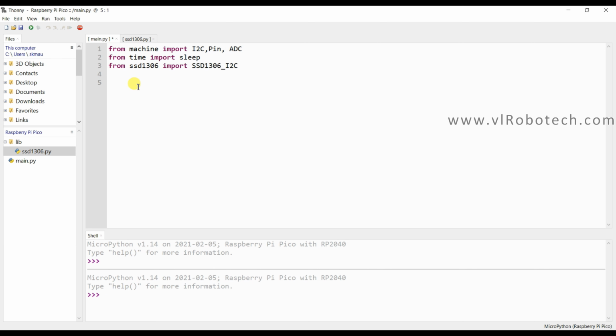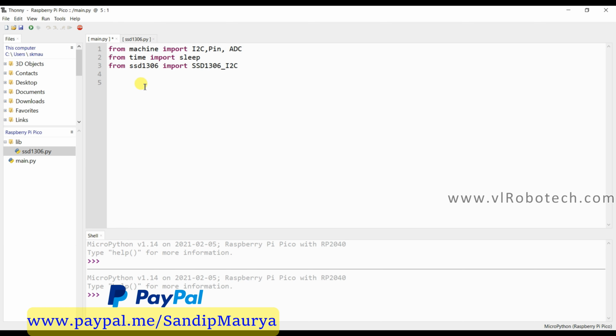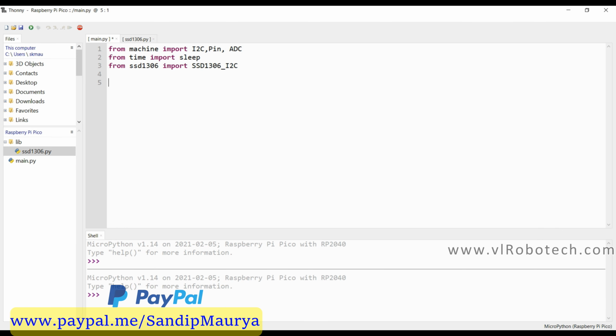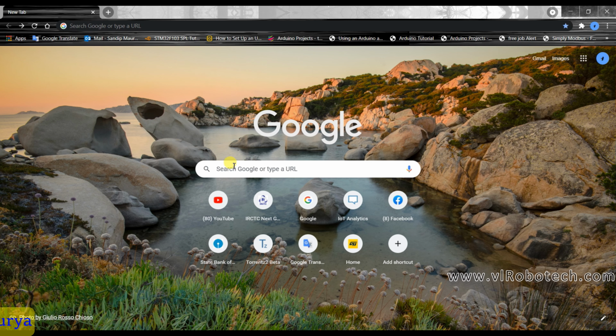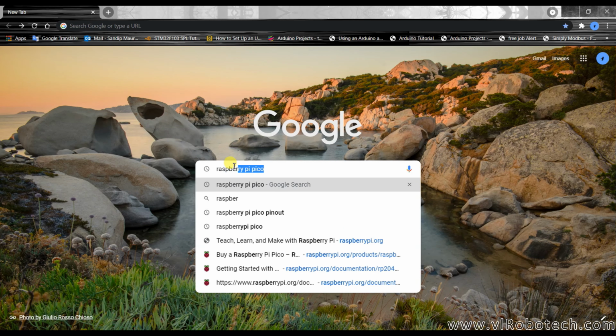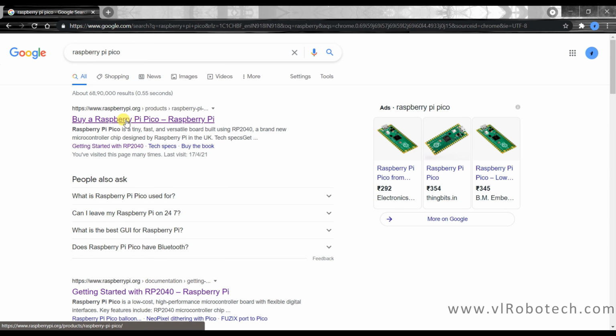Now I will read the ADC data from the sensor. To understand this, we will go to the datasheet. I will open the browser and search for Raspberry Pi Pico. Click over here.